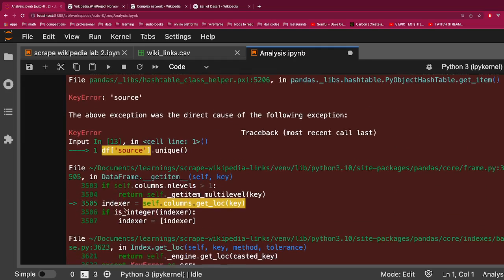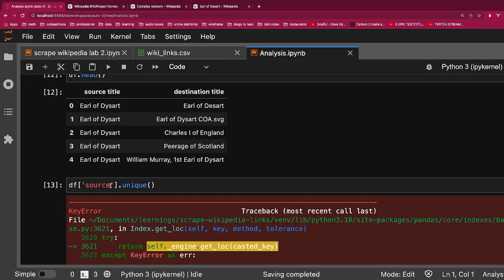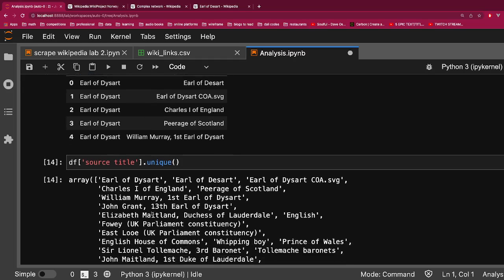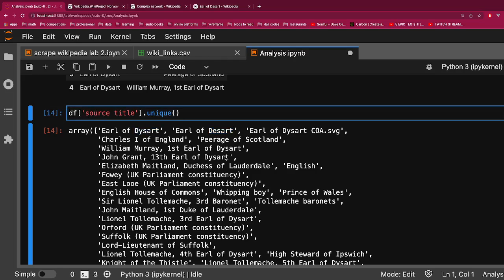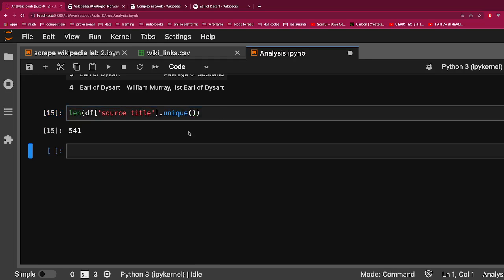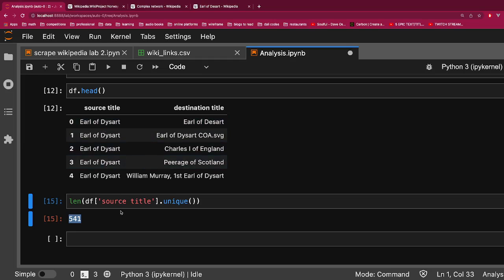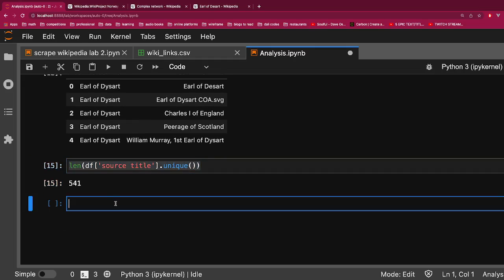What's the error here? Oh, it's supposed to be source title. So it gives us an array, a distinct array of the source title. Okay, cool. Then what is the length of this? Yeah, so we have 541 unique values for source title, and then we can try to look at the destination title,